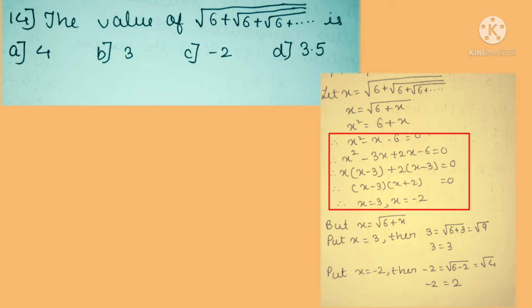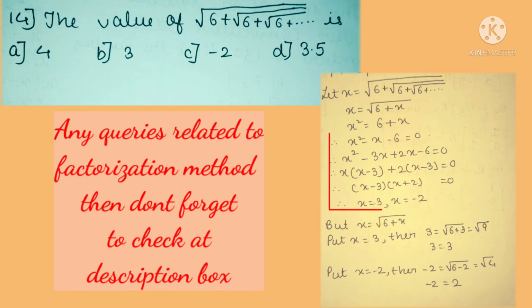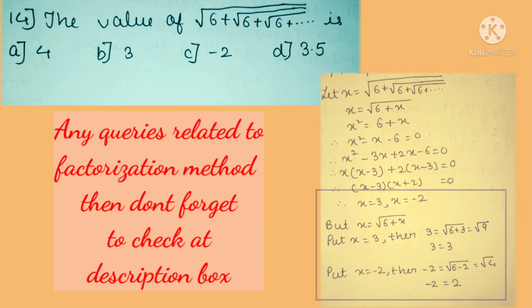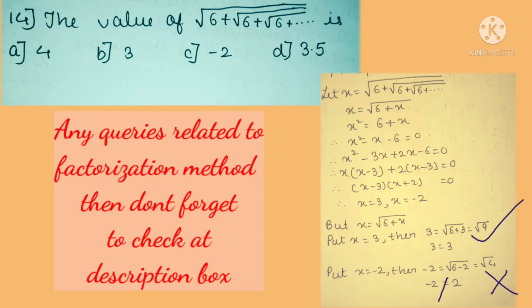Over here we have done it by the factorization method, and we got the answer as x is equal to 3 and minus 2. This question doesn't ask to find the roots of it, we need to find the value. So what we have done: x is equal to root of 6 plus x, as we arranged previously. So just take the value as 3 and check LHS and RHS. If both are equal, then the option will be right. First I check with 3: in place of x, we put 3, and the RHS is root of 6 plus 3, which is root of 9, which is 3. So both sides are the same. But if we check with minus 2, as also shown, it doesn't equal. So the option will be B and not C, because it's not equal.